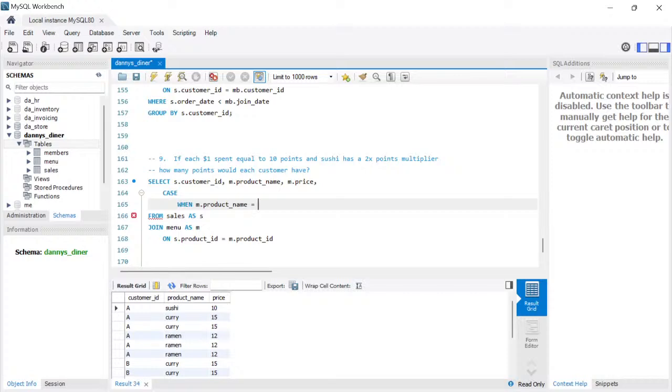So in the menu table, when product name is equal to, in quotes, 'sushi', then I'll close it. So when product name is equal to sushi, then the word then, this price, m.price, in the menu table,